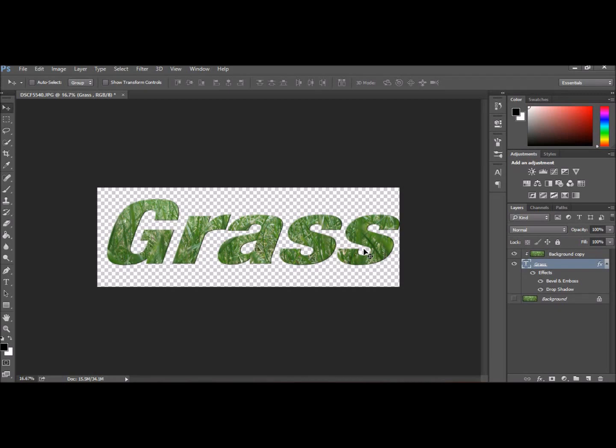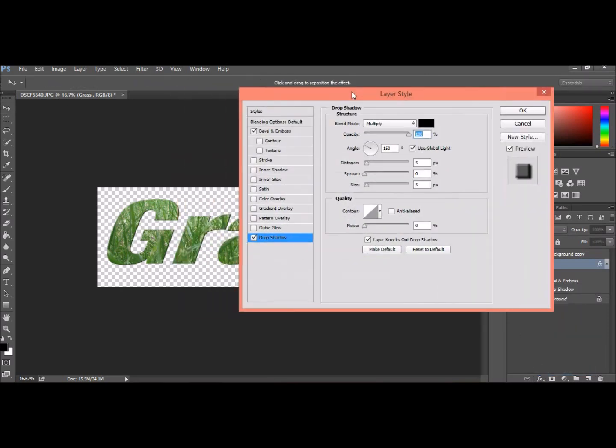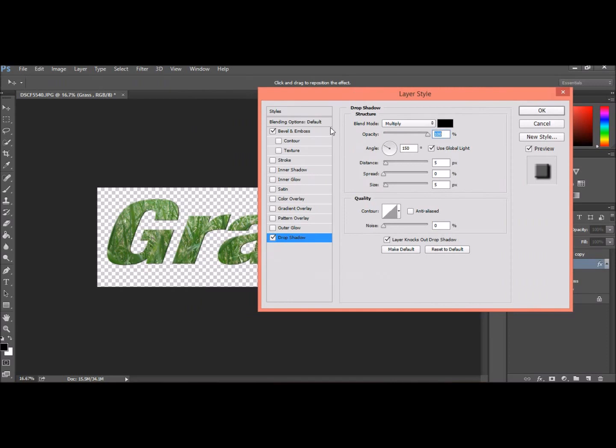Okay, so we've got a text with an image inside, but you might want to improve the way it looks. So click on Effects, drop shadow, and we can put a shadow on there. Take this out of the way so we can see what's going on. We've got drop shadow, put a drop shadow on there. We can make the distance greater so it stands out a bit more. We can contour the words so they're a little bit of a